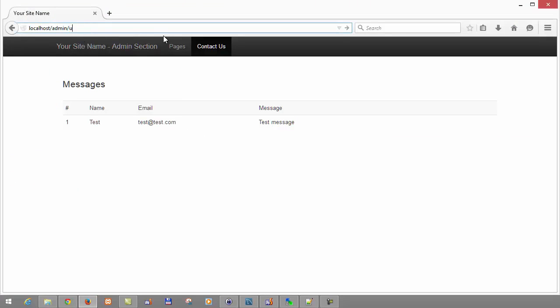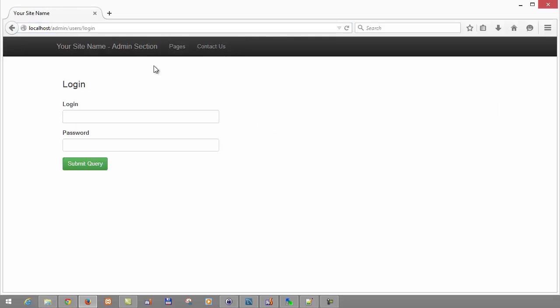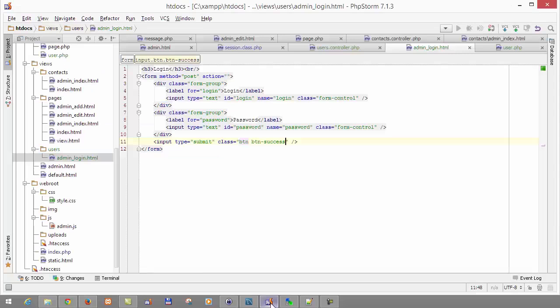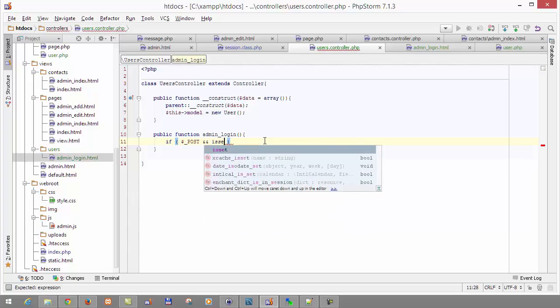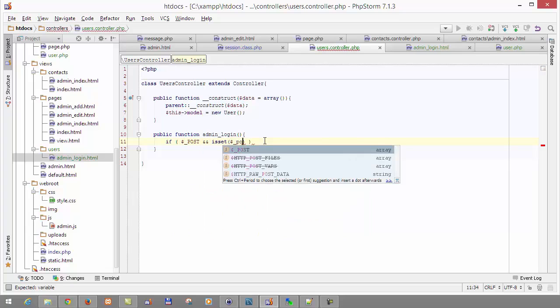We enter admin users login in the address line. And here is the form. Now we may add code for its processing. We add condition. If we received post query and login password fields are submitted,